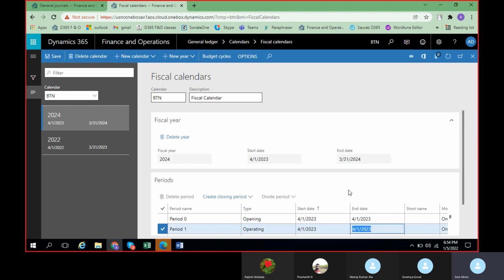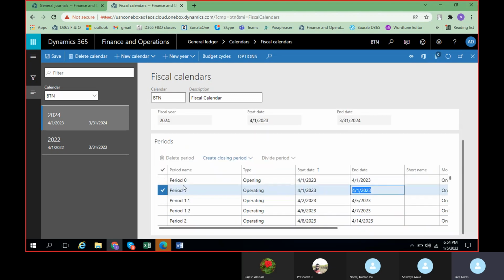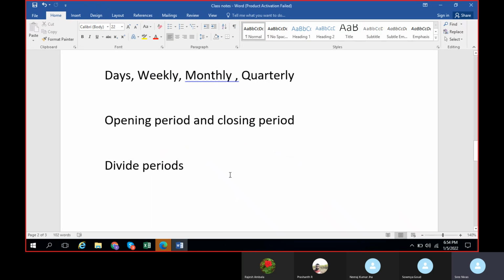Whatever legacy system the client has been following in his previous accounting, he can use that one. Or else if he wants to explore the new features, these are all options that are there. In case the client asks you to use this, then only you can use this one. I'll tell you one more scenario when this dividing period will help us, because in a few companies